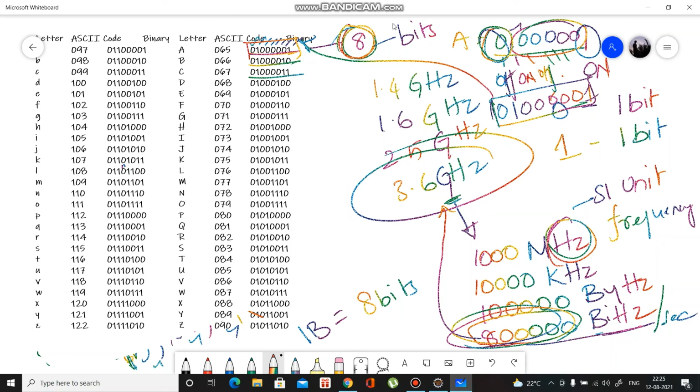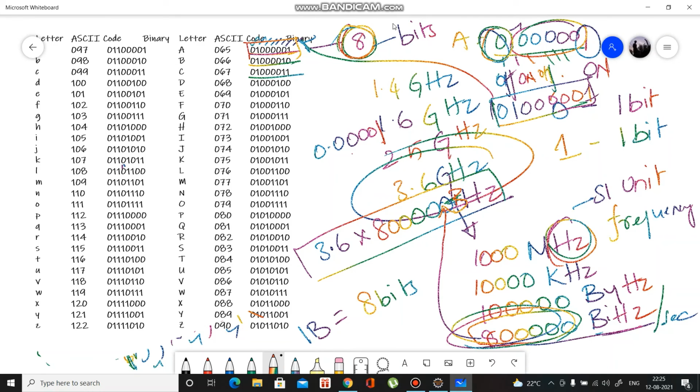Like that, this system has a 3.6 gigahertz speed. So it's 3.6 into 8 lakh bit hertz. This will be the speed. If you are going to calculate it, you might get an exponential form, so better no need to calculate. It will be like 0.1 second, not even this, there might even be n number of zeros in between.